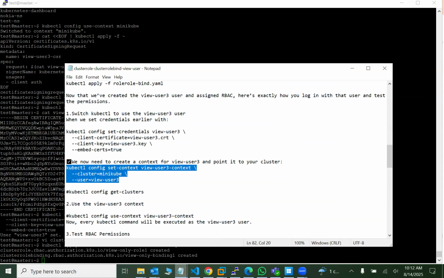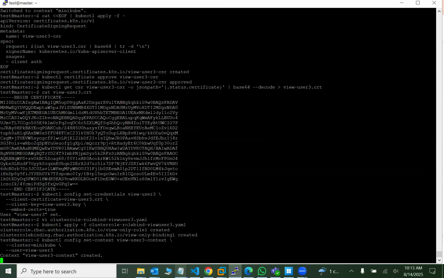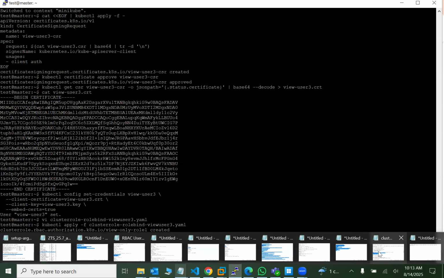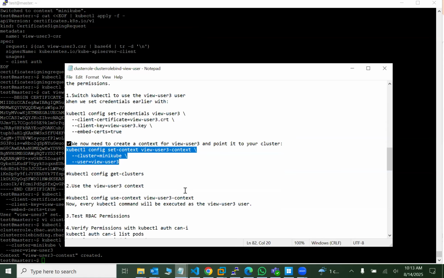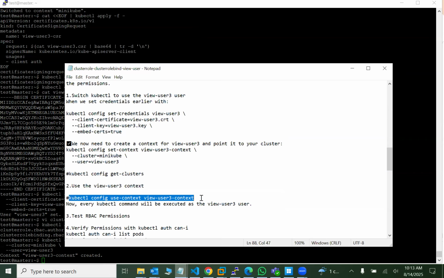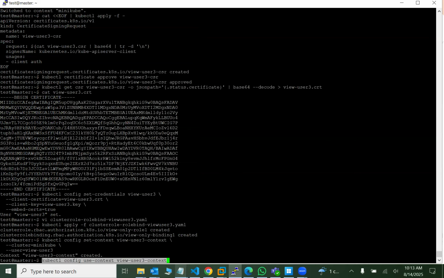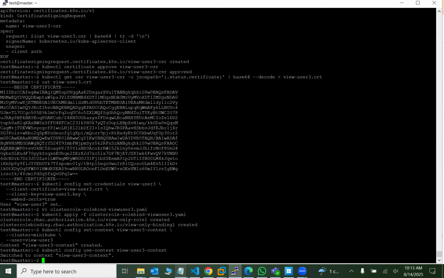Okay, the context is set. Now I'll go to the user 3 context, and then I will try kubectl run view 3 pod with image equal to